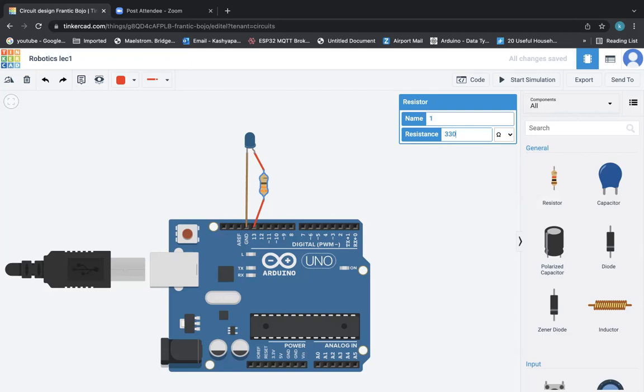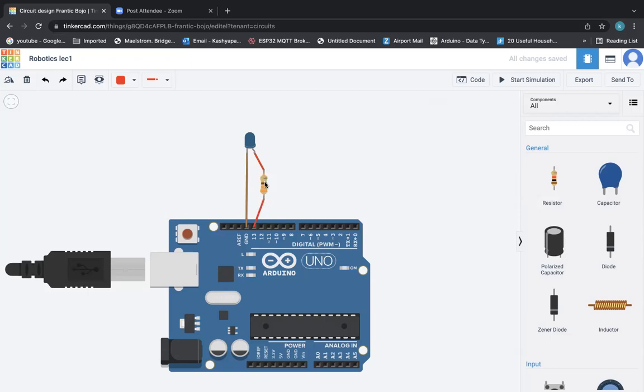Why is that? Because in real life, we identify this resistor as a 330 ohm resistor using these colored rings. I will explain in the electronics lecture session how we select resistors from these colored bands.